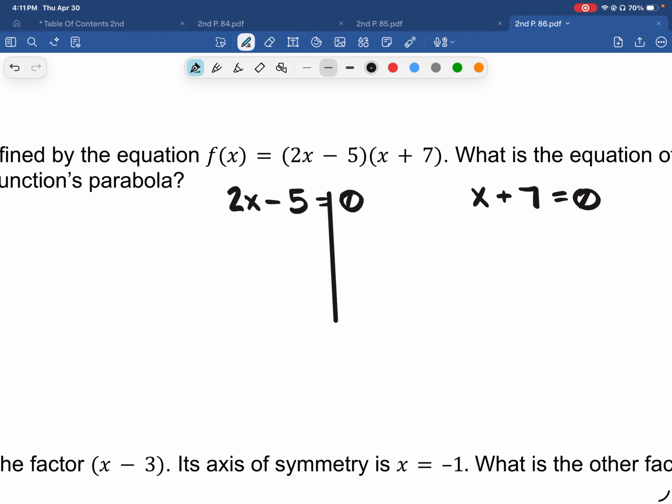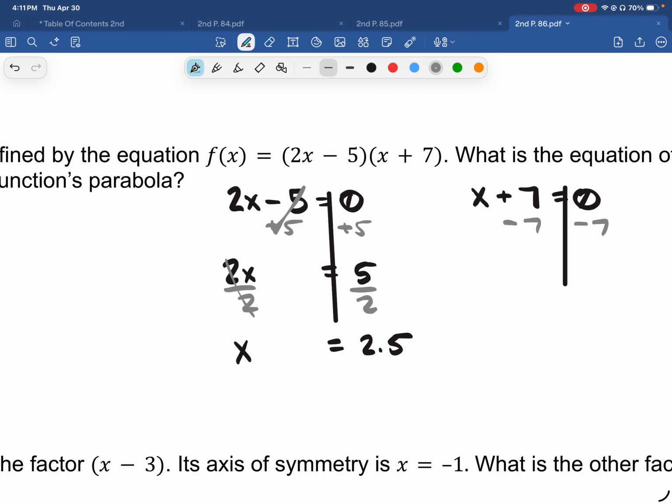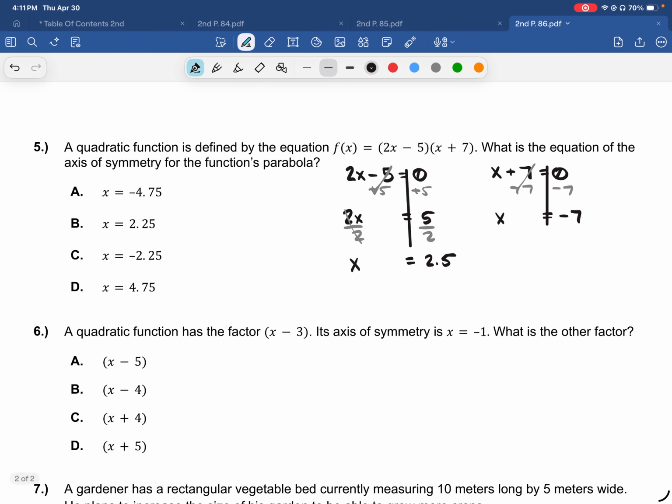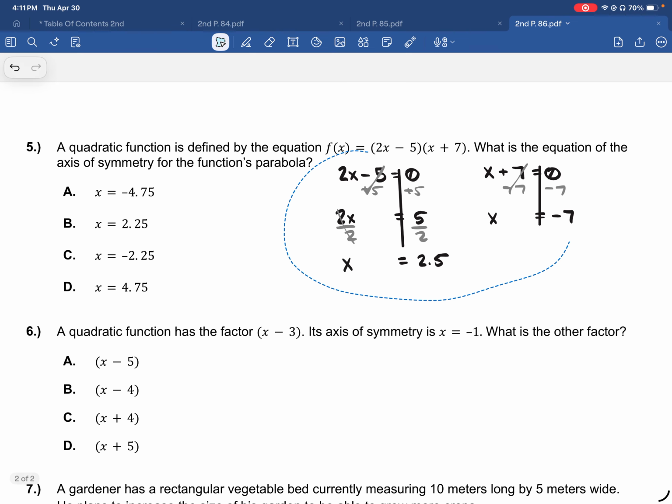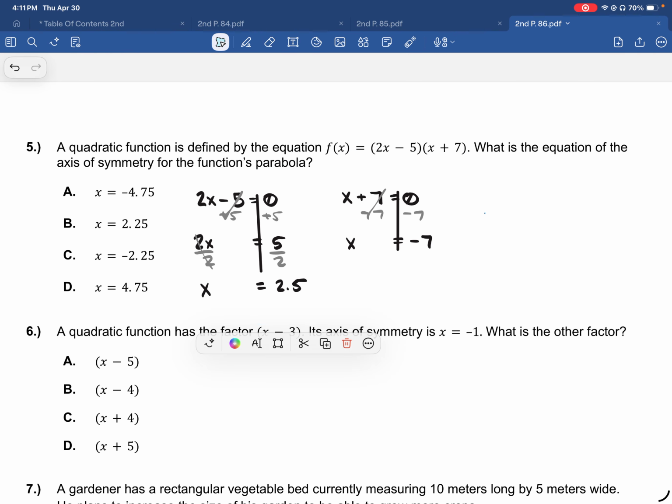Then I'm going to add 5 to both sides to get 2x equals 5, and then divide by 2 to get x equals 2.5. On the other one, I just need to subtract 7, which gives me x equals negative 7. Now, neither of those is the answer. It's really nice that they didn't leave it as an answer choice, but